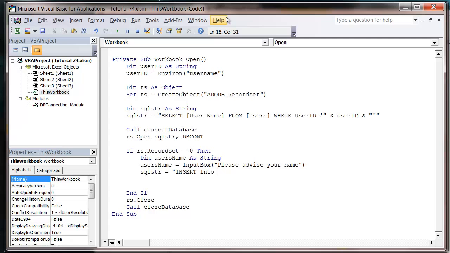INTO, and that's with capitals, and then users, and then we need to put in open brackets, and then we need to put our field names. So UserID, comma, username, and then close bracket. And then we type VALUES,